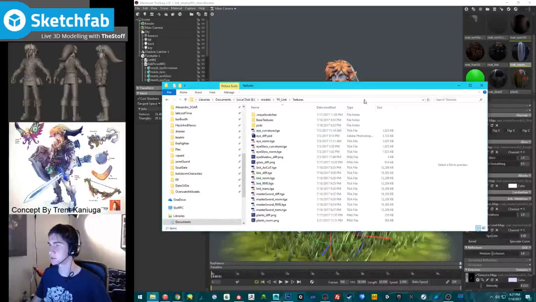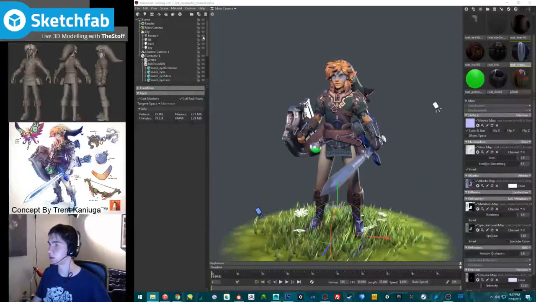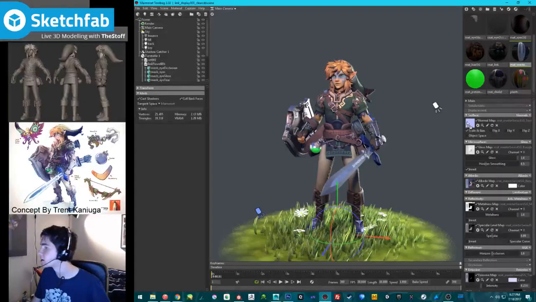Oh no, wait, let's apply it to the sword, make sure the sword looks okay. And we'll pop in here, make sure everything's looking good. Okay, so Master Sword. And we're gonna put the normal map on there. Click. Okay, that looks the same, which is good. Then we'll put the gloss map on there. Well, roughness is actually what it is. Click. Whoop, it changed.